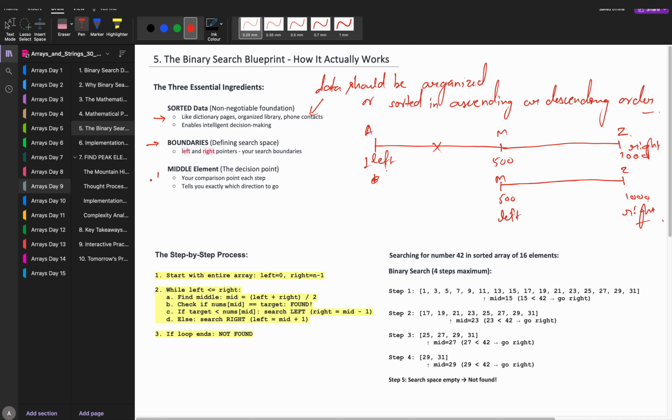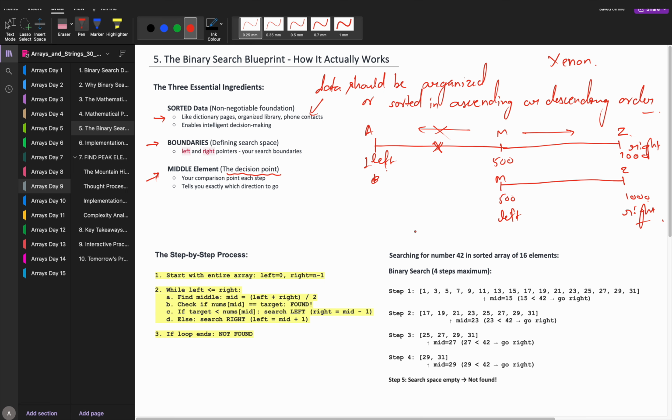Next is the middle element, because the middle element is nothing but your decision point. After comparing to the middle element, only then you decide which part to discard or where to move further. Should you be discarding A to M or M to Z, because you're looking for xenon. Obviously X doesn't come before M, it comes after M. So M becomes the key decision point where you compare at every step, which tells you exactly which direction to go. Like here, it told you that you need to move to the right hand side instead of the left. Left nahi jana tha.